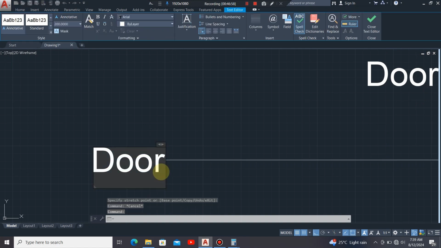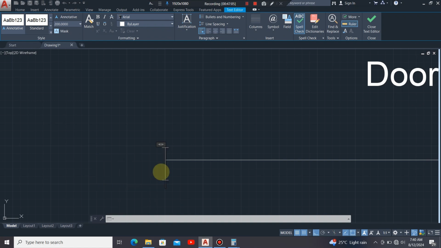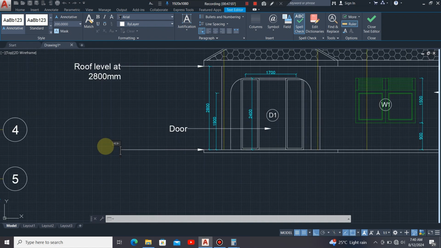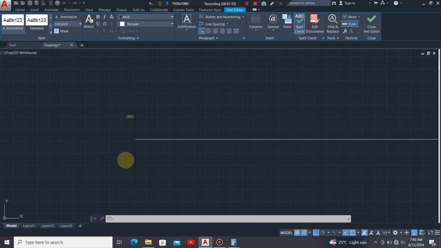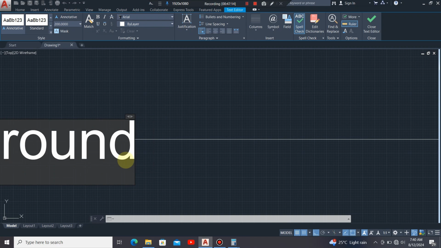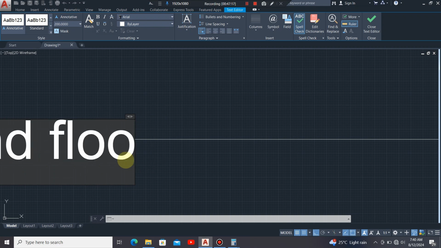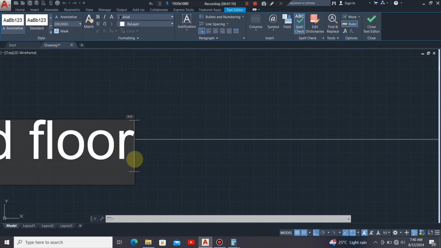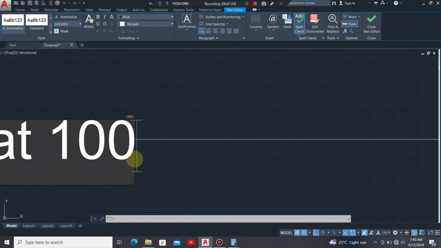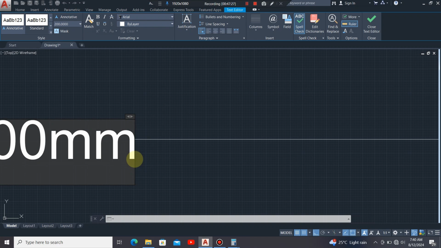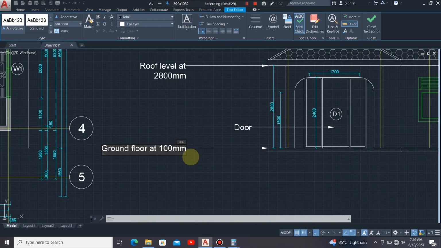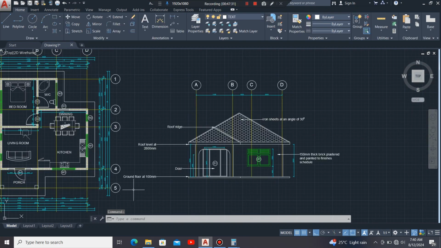And also I'll highlight, I'll double click at that text, then I edit it to ground floor at 100 millimeters. So after that,